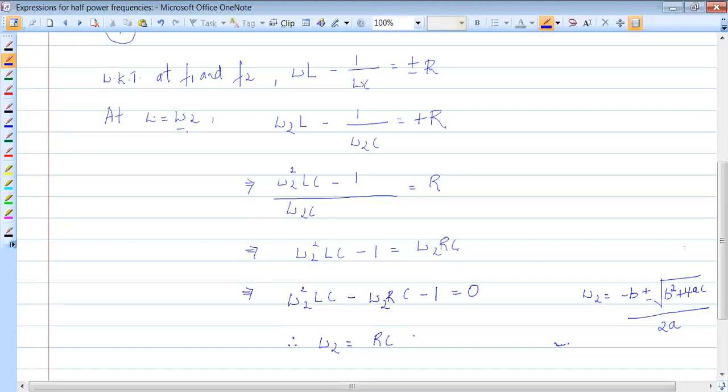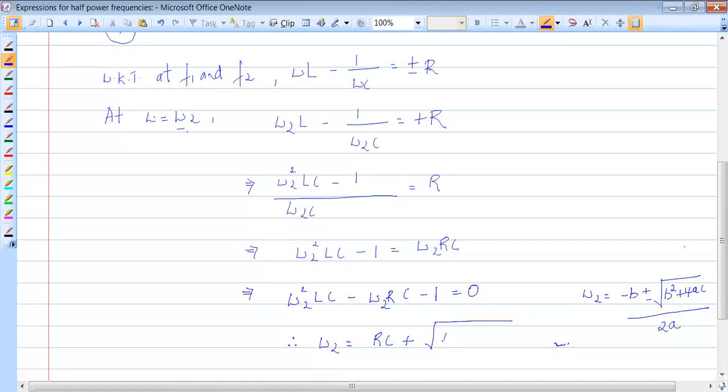They say plus or minus, but since we are dealing with omega 2, let's consider plus only, while finding omega 2 and also omega 1. So it's RC plus, minus b is minus of minus RC. Square root of b squared. What is b squared there? b squared is again minus RC,